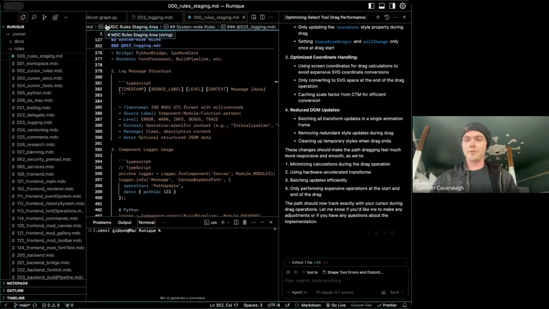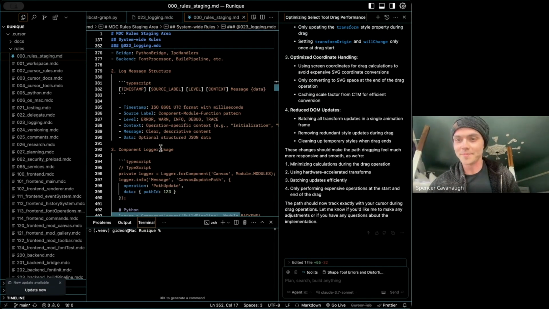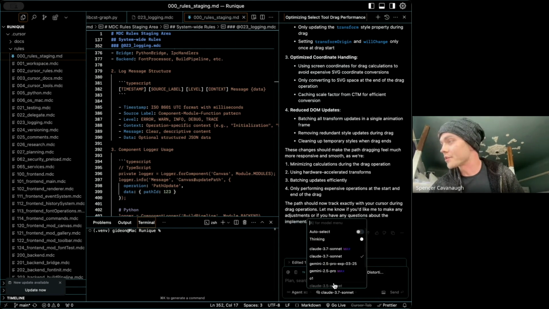It's a fork of VS Code that has this built-in chat interface here, and you can select models that you're using, and it's kind of an overwhelming interface. I mean, it took me a while as a non-developer to get used to the amount of stuff going on